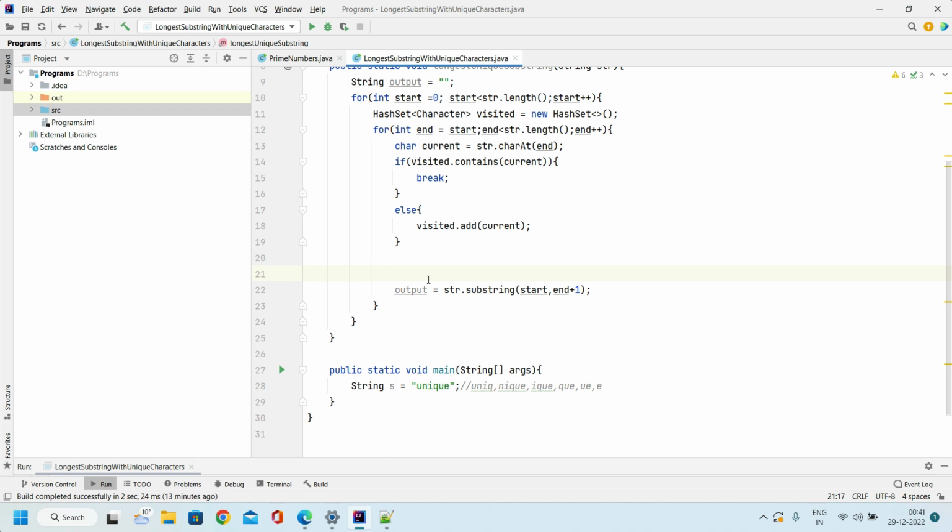Wherever the break condition happens or doesn't happen, while this for loop completes, it will keep updating the output. So we can put one condition, that output dot length is less than visited dot size,